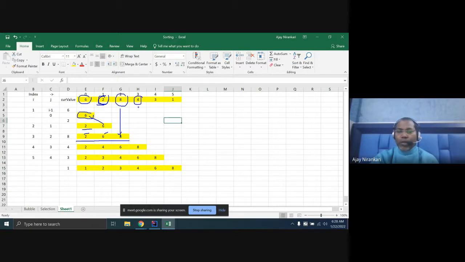Compare 4 with your elements. This 4 is compared with this element 8. 8 is greater than 4, so you shift it here. 4 compared with 6, greater than, shift here. 4 compared to the 2, no, it's not greater than. So just leave it. This is the proper place where we can place the 4. You place 4 here. So are you getting the logic, the sense of what I am trying to say?